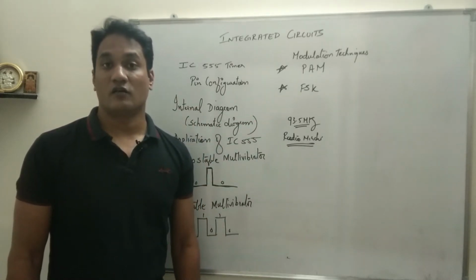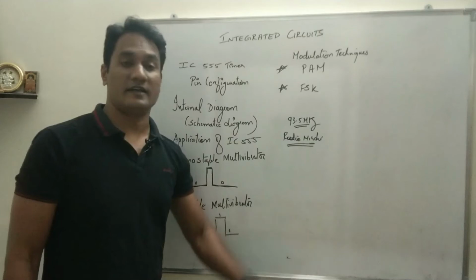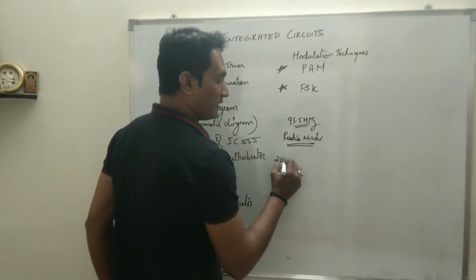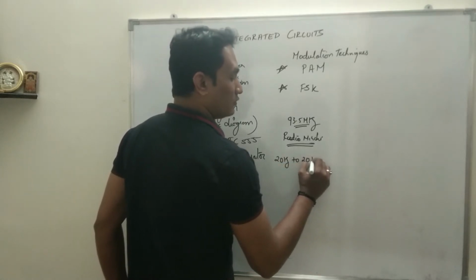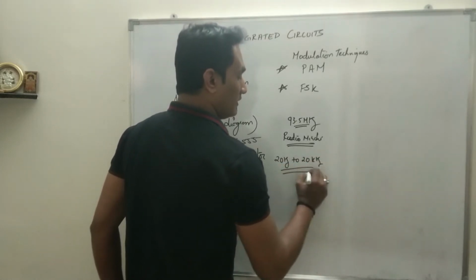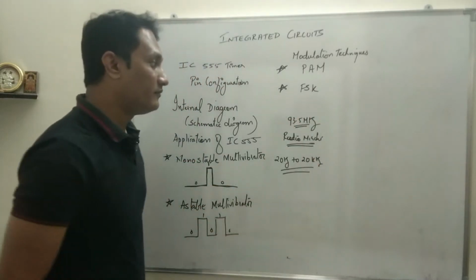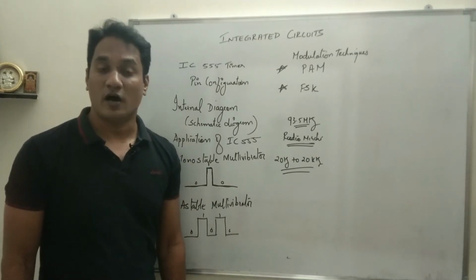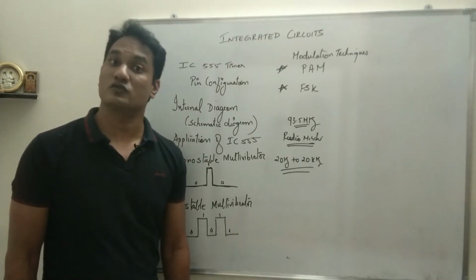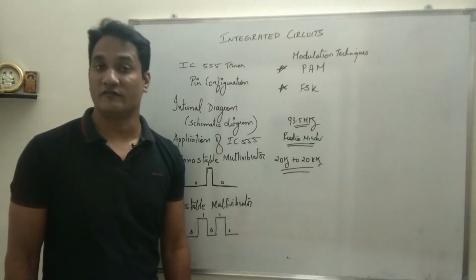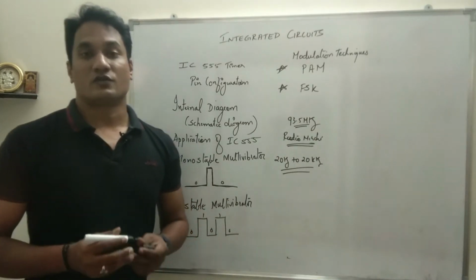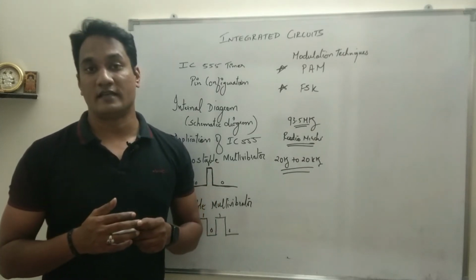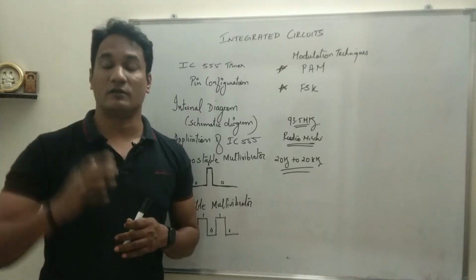Now you hear audio songs in this frequency 93.5 megahertz, but audio signals are always within the range of 20 hertz to 20 kilohertz, and 93.5 megahertz is nowhere near the audio frequency. Then how is it possible that you listen to an audio song in that frequency? Okay, so now I'll tell you how we listen to audio songs in 93.5 megahertz. Mega is 10 to the power 6 hertz.